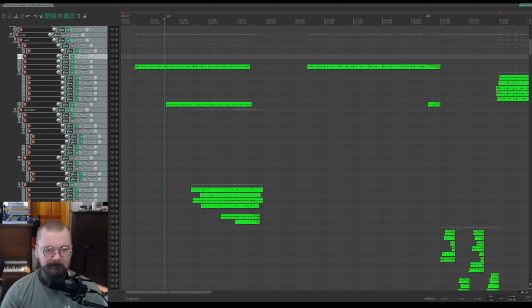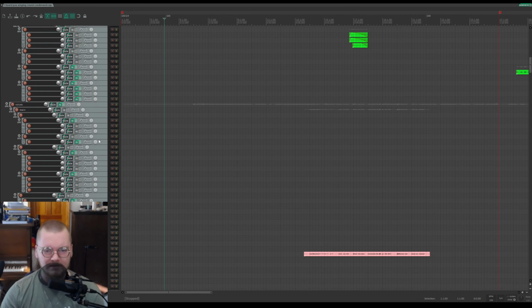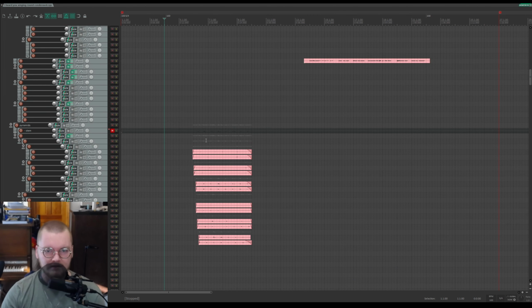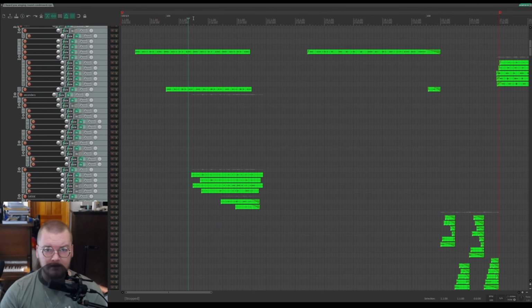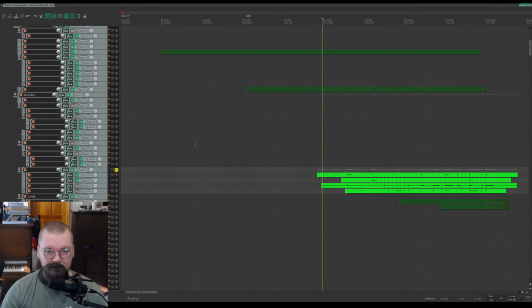But we've also got some other guitars going on. Did I turn down the voices? I don't know if I did. Yeah, I think this is supposed to be at -16, somewhere around there. It doesn't really matter because I've already released it. But we've also got some other guitars going on that sound like this.